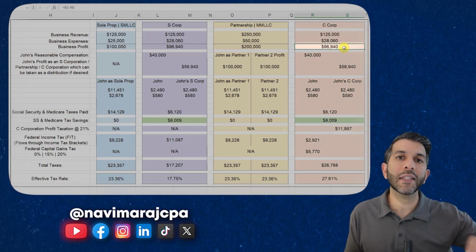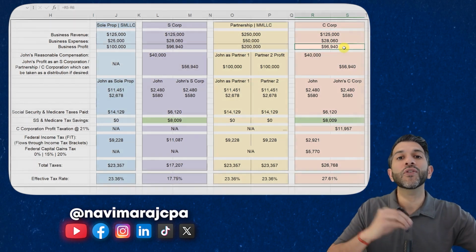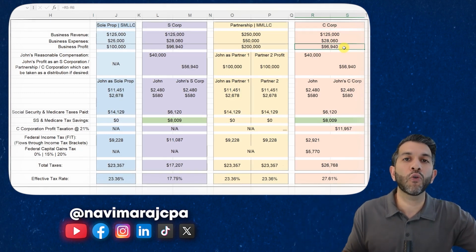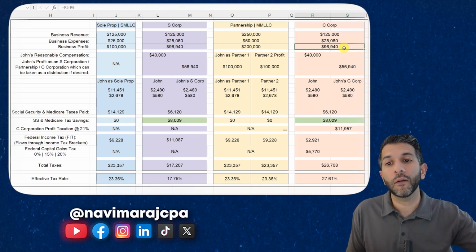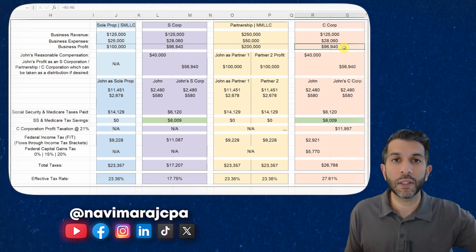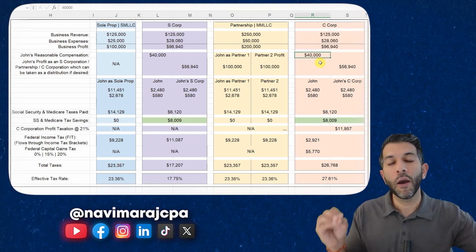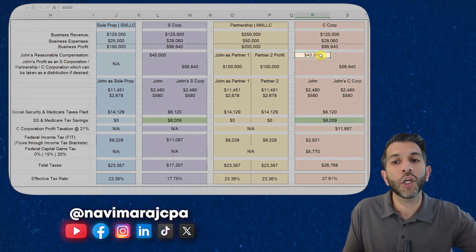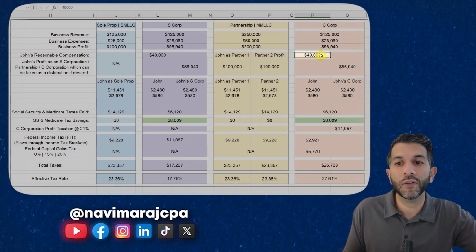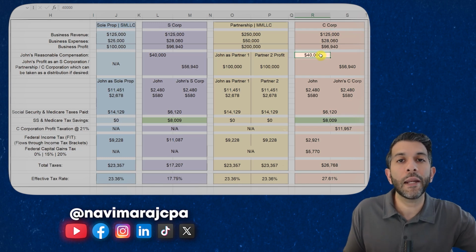If you, as the shareholder of that C Corporation, are performing services in order for that C Corp to earn this profit, or I should say you materially participate, that might be the technical term for it, then you've got to pay yourself a reasonable compensation based on the services that you're providing. In this example, I'm just choosing $40,000. So let's say your name is John. You've got to pay yourself $40,000 in reasonable comp,